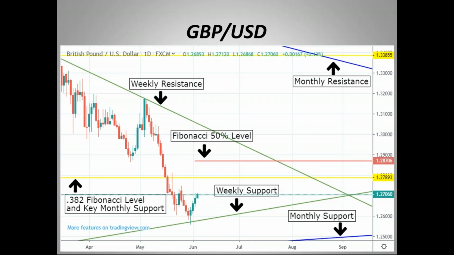Like we talked about with the euro US dollar and the US dollar yen, the dollar is weak right now against major crosses, and it's also showing in the pound. Now the pound, like the euro, is one of the major influences against the dollar. So this rally in the pound, even though it's not that significant, definitely has its weight as far as keeping the dollar at bay. While the other currencies are moving against the dollar and the pound is going against the dollar, that's why we started this webinar saying, is the dollar turning? So I think right now the moves you're seeing in these crosses are dollar driven, which means dollar weakness driven.